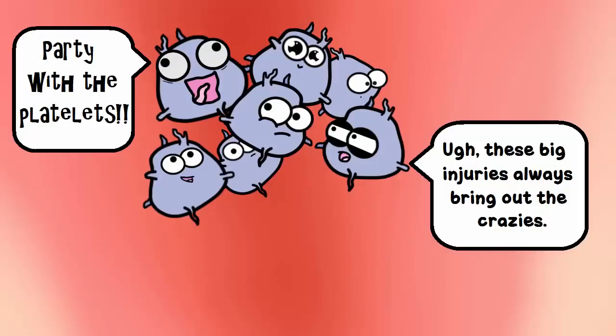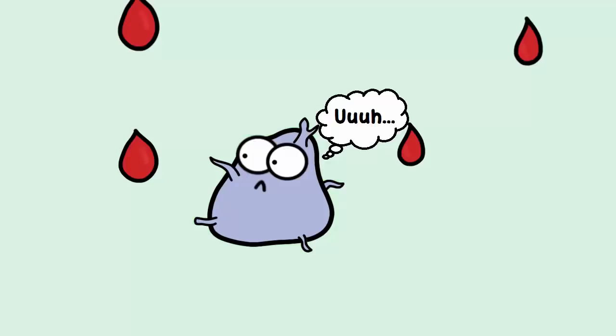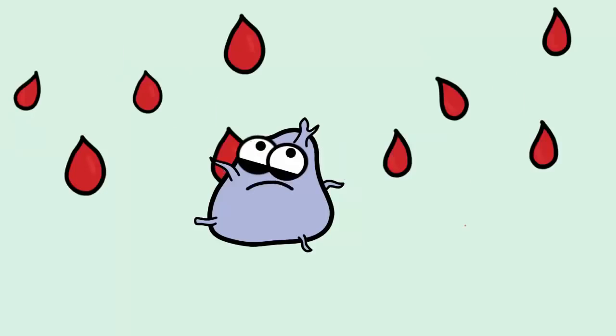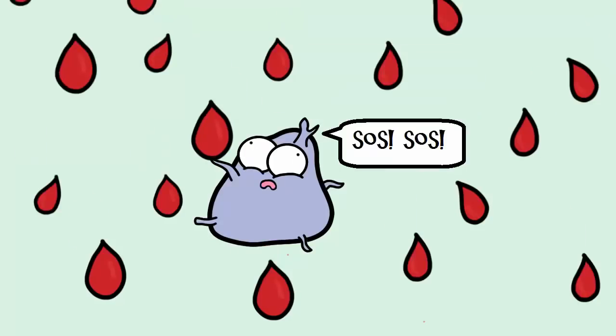But there is a disorder called hemophilia that can affect those platelets because special clotting factor proteins that are needed to work with the platelets may not work correctly. So even a basic cut could be dangerous for people with hemophilia because they could bleed continuously. We have many treatments for the symptoms of hemophilia, and this has greatly improved outcomes with this disorder, although it